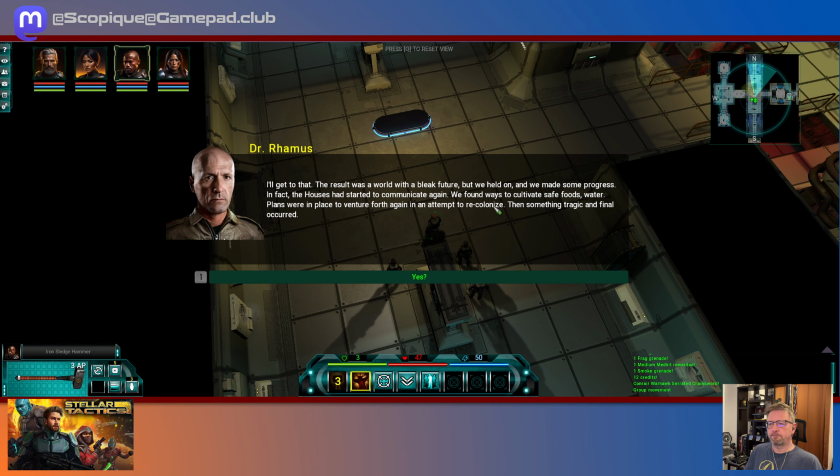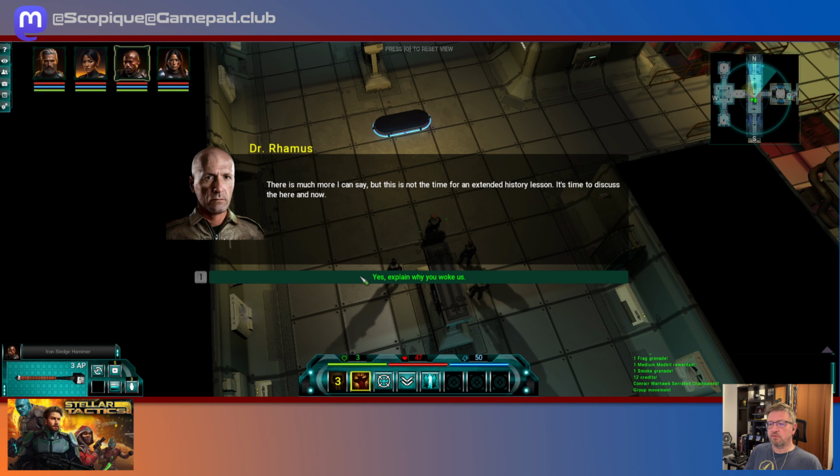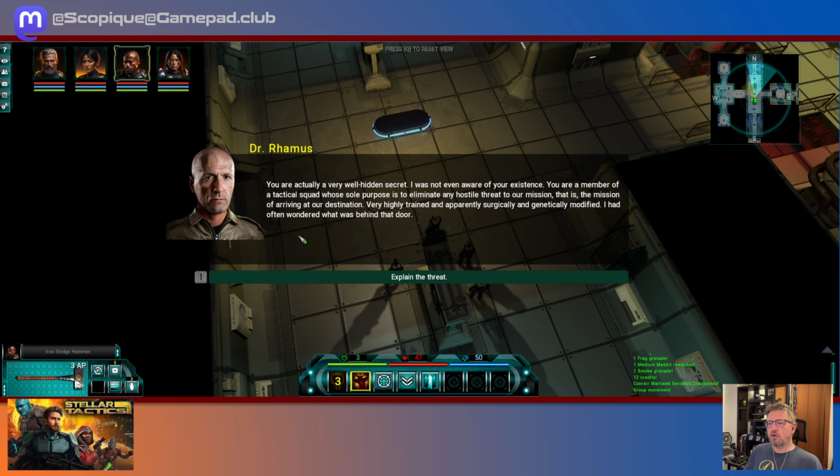And let's see. In fact, the house started to communicate again. Spreading towards the planet, the asteroid, of course. So just when we thought we were doing well, an asteroid comes in. So we took off. And we are on the Dauntless. And we are heading to new home systems separated by mere 2 light years. All right, there's much more to say. Let's not talk about it here. All right, so